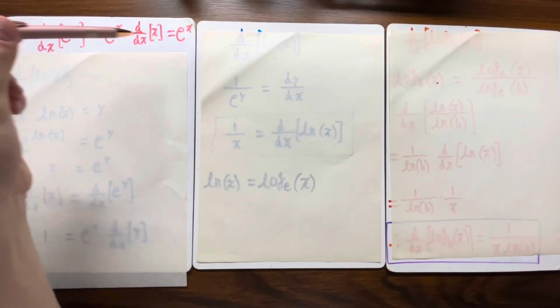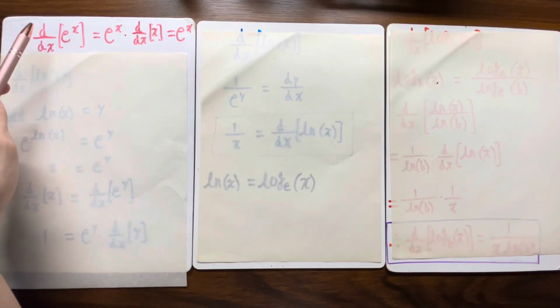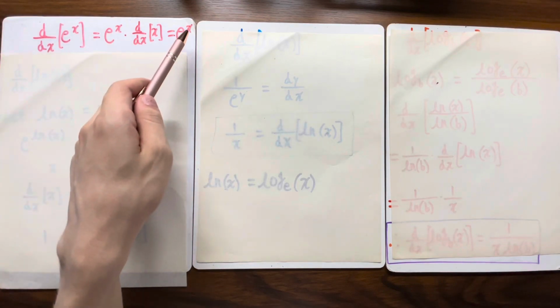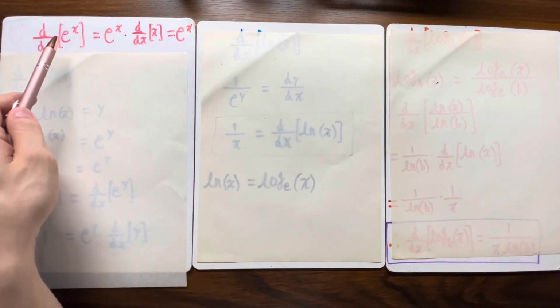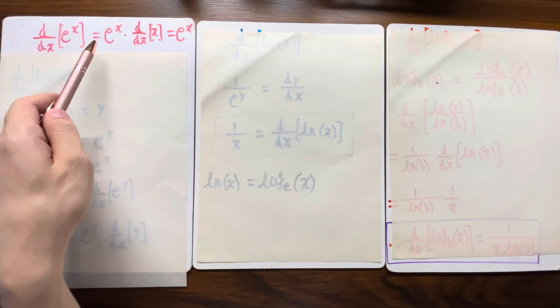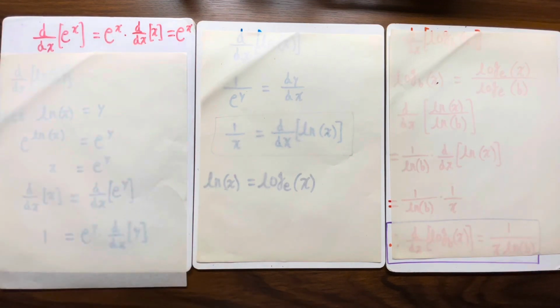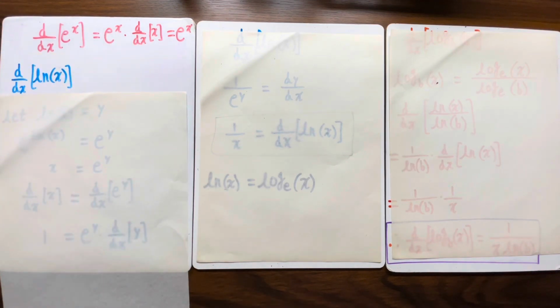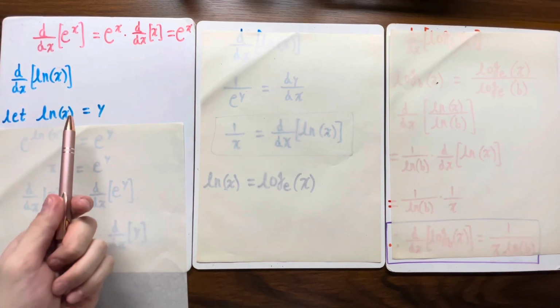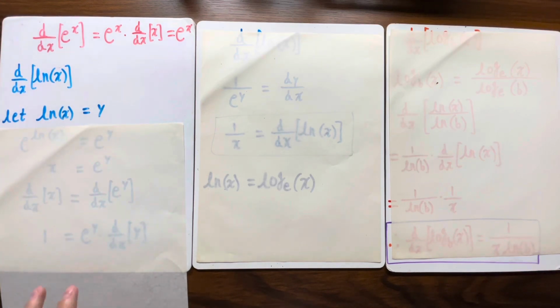Using the most famous derivative in all of math, the derivative of e to the x is equal to e to the x, or more specifically, the derivative of e to some exponent is equal to e to that exponent times the derivative of that exponent, we can try to figure out what is the derivative of ln of x. Well, we can let ln of x equal y, and we can take e to both sides of this equation